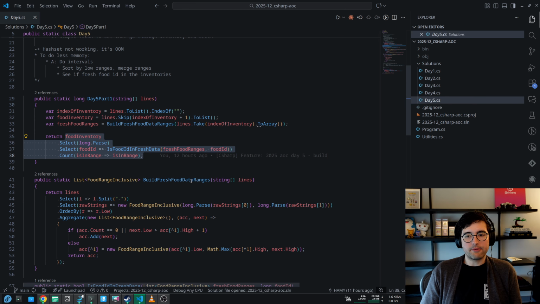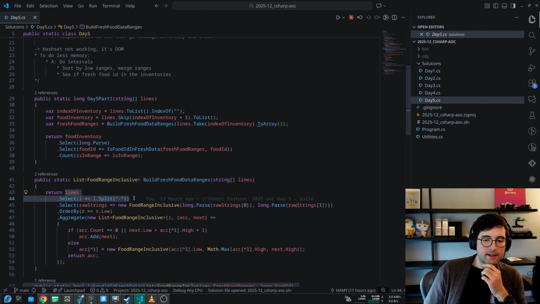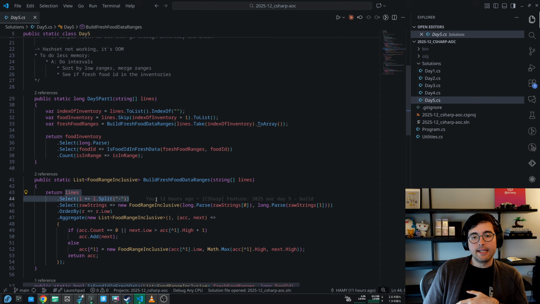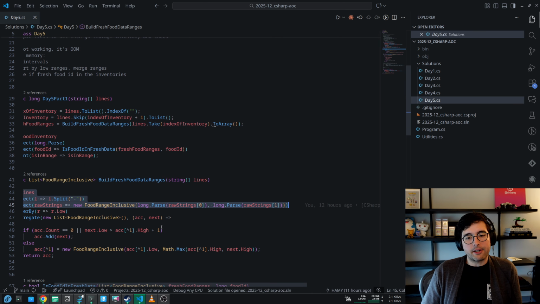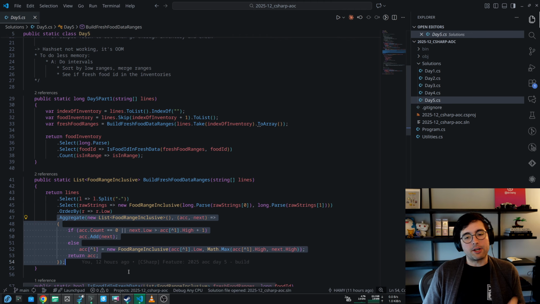So the first is build fresh food data ranges. For here, what we do is we take each line, we're splitting it on the dash to get the low and high. Then we're creating this helper record, food range inclusive. And then we're going to order them by the low, and then we're going to aggregate them together, basically merging